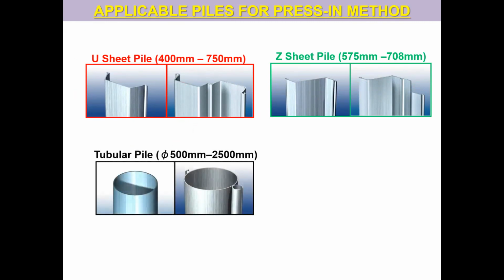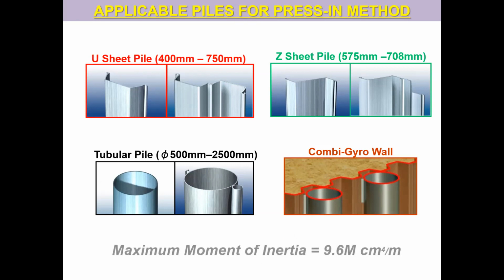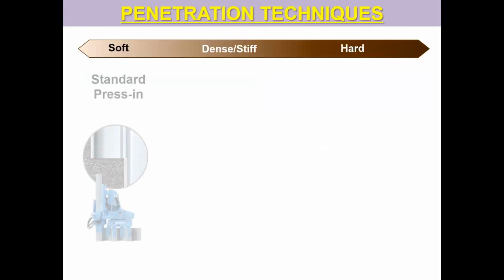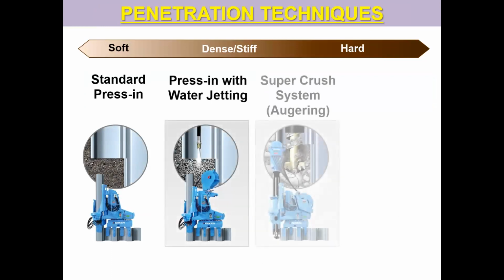tubular piles, diameter from half meter to 2.5 meter, so very large diameter tubular piles may be driven, and so-called combi gyro wall, combination of piles and sheet piles for very rigid retaining structures. Maximum moment of inertia is rather large. You can see these figures. And regarding soils and related approaches, we may see this